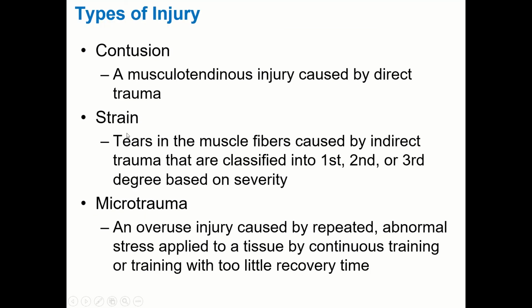We'll come back to contusion. So a strain is damage to a muscle or tendon. Remember that a tendon is how a muscle connects to the bone. So a strain is an injury to either of those structures. Both strains and sprains are classified as first, second, or third degree. Basically, a first degree is either an overstretch or a very small level of tearing, depending on what muscle or what ligament we're talking about. But generally, think of a grade 1 as an overstretch. Think of a grade 2 as a partial tear, and then a grade 3 as a full tear.